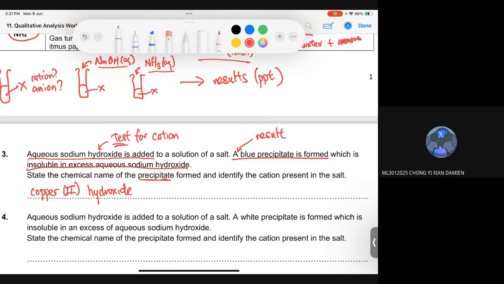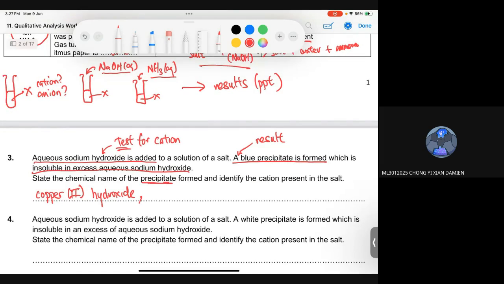So when you add sodium hydroxide, whenever you see a precipitate, it is a hydroxide. It's copper 2 hydroxide here. Then what's the cation in the salt? It's actually what Damien mentioned, your copper 2 plus ion. If you want to write the formula, it is Cu2+ ion, or you can write copper 2 ion. Okay, so that's for question 3. So you can see here, test for cations, what's the result? Okay, for the next one,